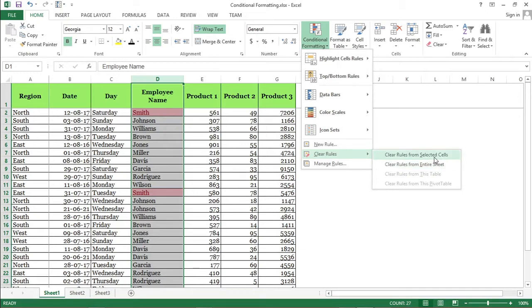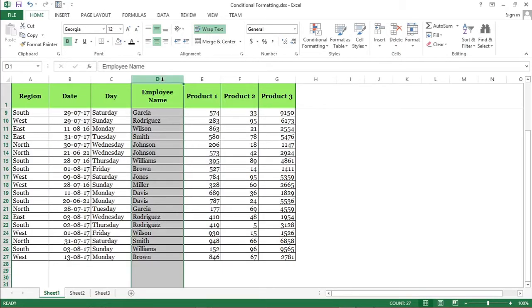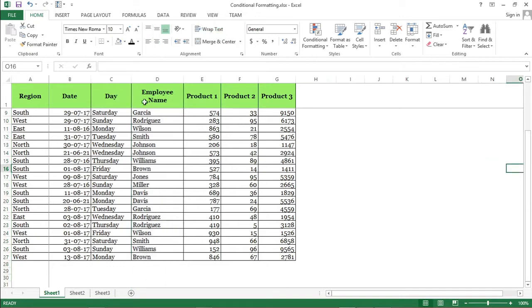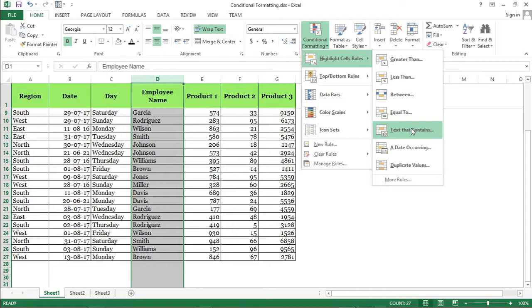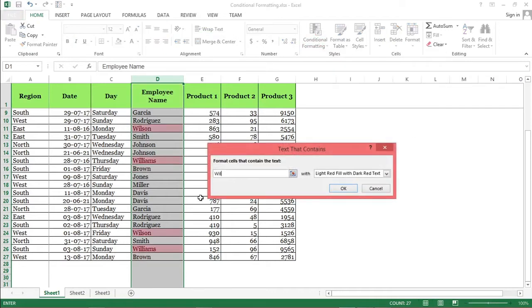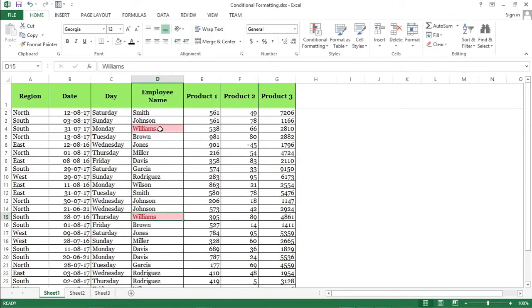As this data is selected, I will choose the first option. The second option will remove all the conditional formatting from the sheet. Now, please note one thing: clearing the conditional formatting will not remove any non-conditional formatting. It will remove only conditional formatting.